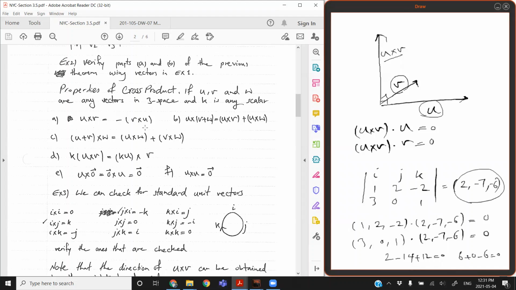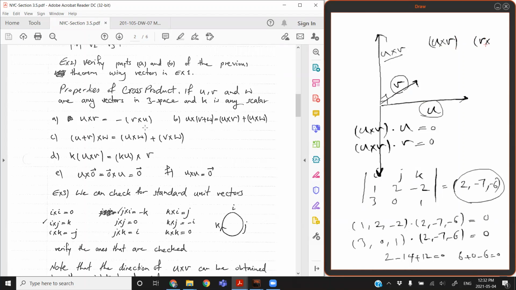If you have u cross v, you can use the right hand rule and your thumb is going to show this direction. If you do v cross u, then your index finger is going to be across v and your middle finger going to be across u. Then you get a vector in the opposite direction but exact same length. So that shows that u cross v